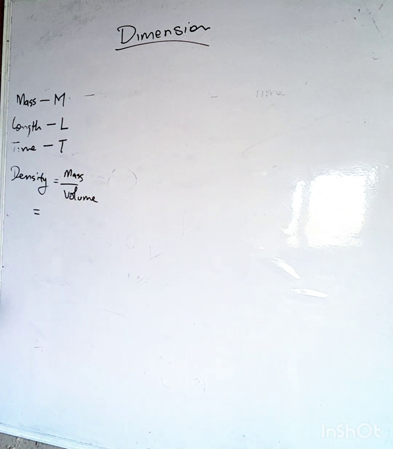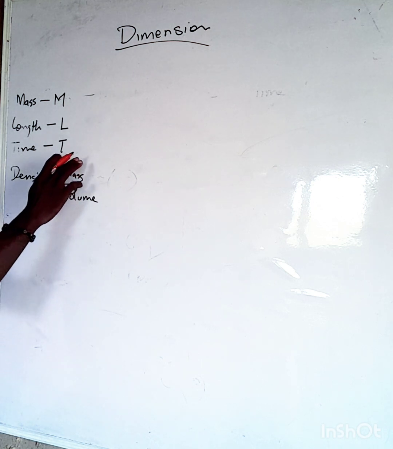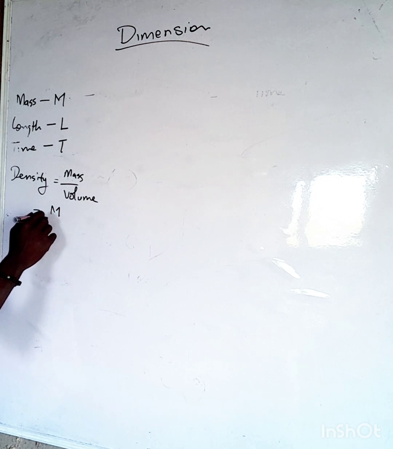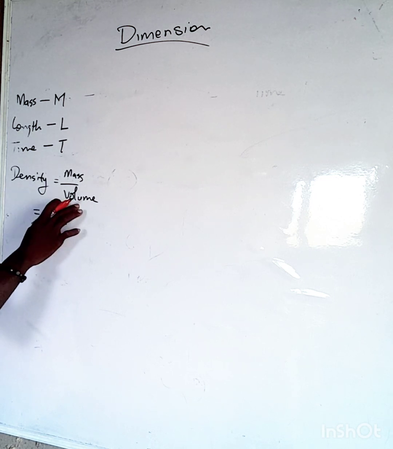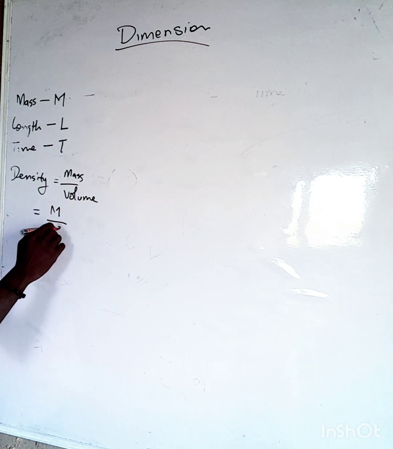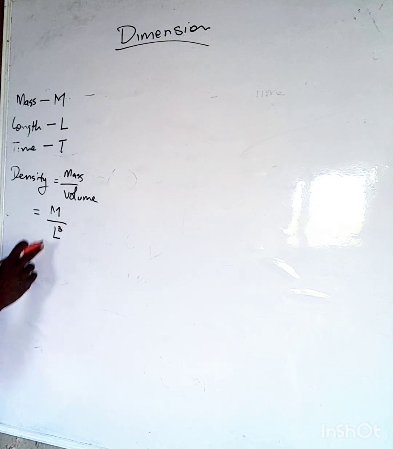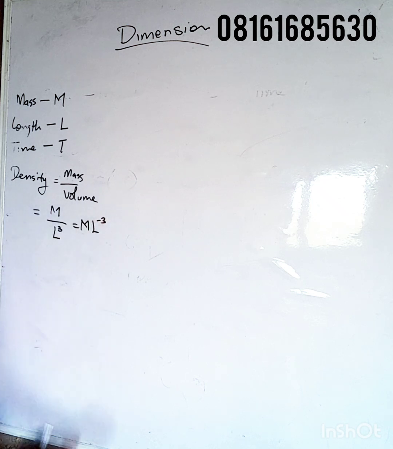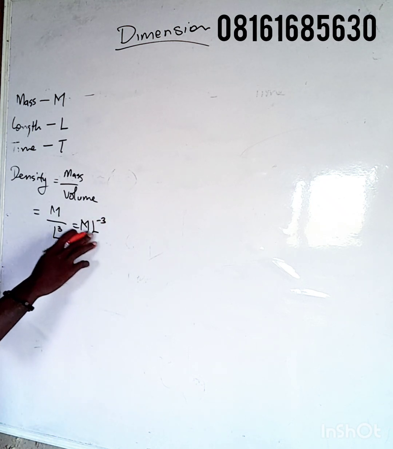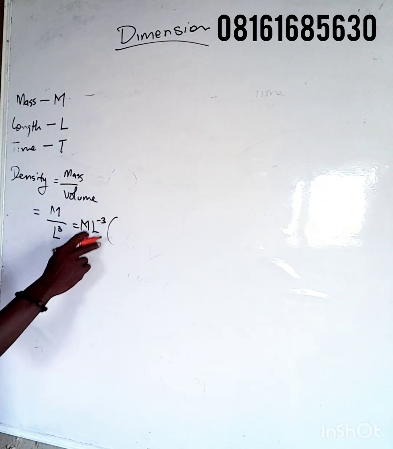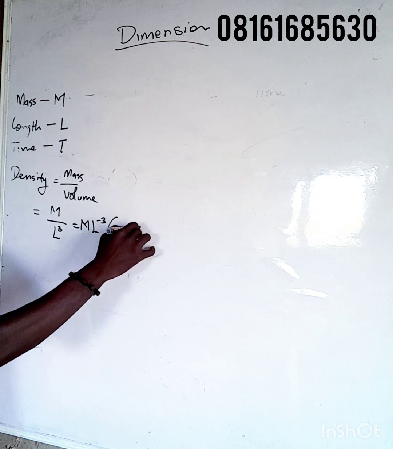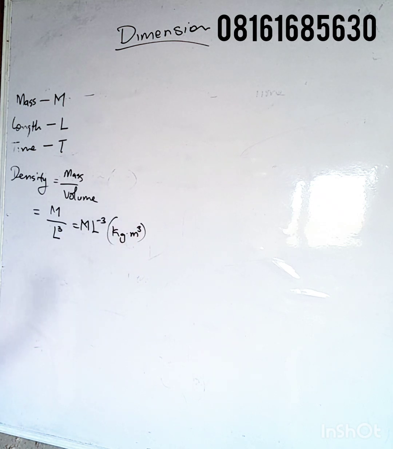So the density, which is mass over volume, mass has the dimension of M, am I right? Yes. While the volume has the dimension of what? L raised to power 3. When this one crosses up, it will become M L raised to power what? Minus 3. That is M per L cube. That is why the unit of this one is kilogram per meter cube, or it may be gram per centimeter cube, depending on